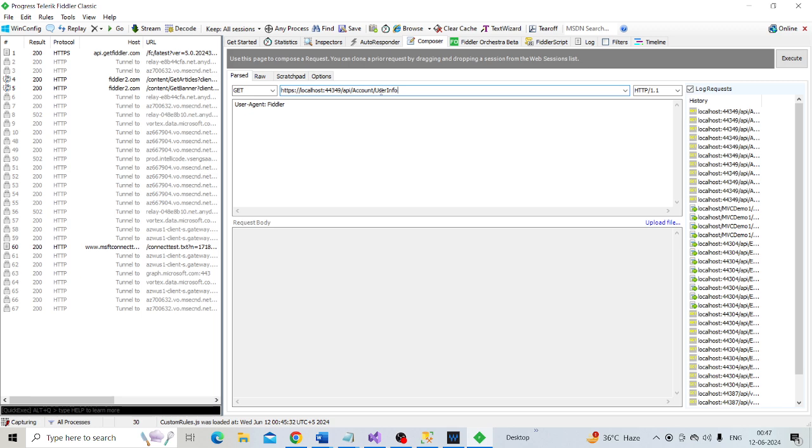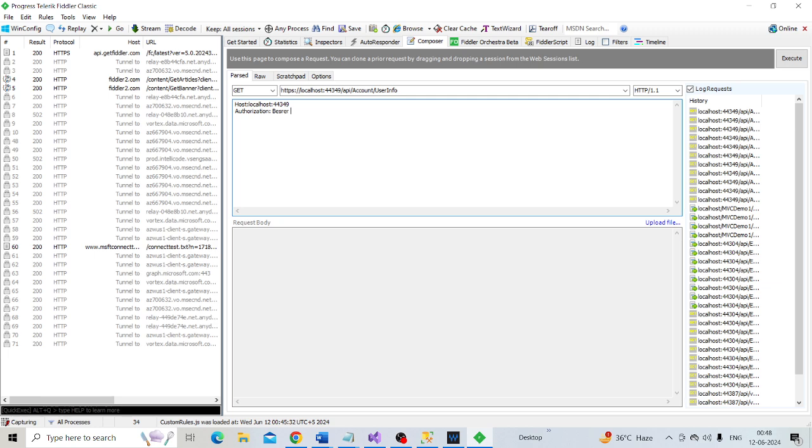We also need to send the access token to the server using the authorization header.